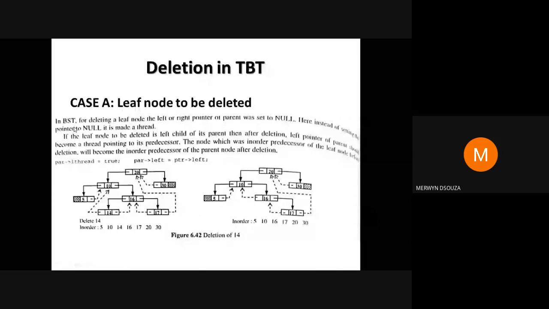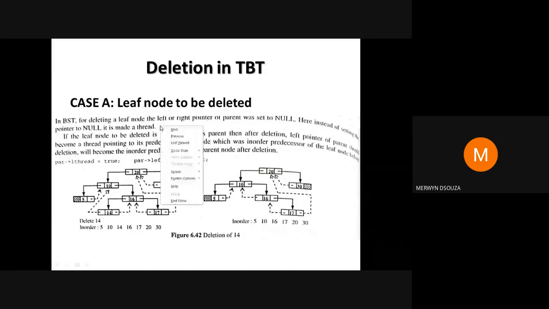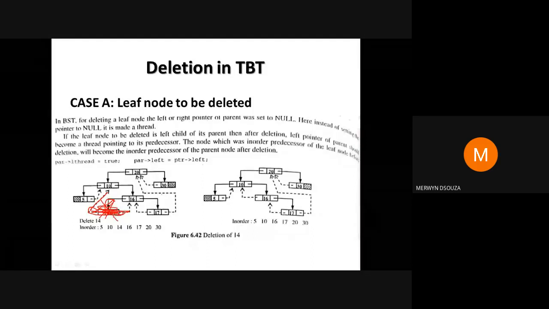Then going over deletion. So deletion again is similar to the cases of your binary search tree. Okay, so now if you look at this, delete 14. When you're deleting 14, the first case is that a leaf node is to be deleted. Like we know in your binary search tree, when you're deleting a leaf node, you directly delete this part. Just like your binary search tree, since it's a leaf node, we delete it similarly. So directly delete this part.